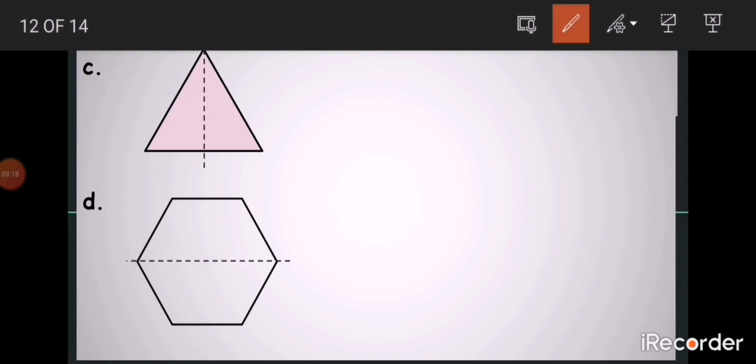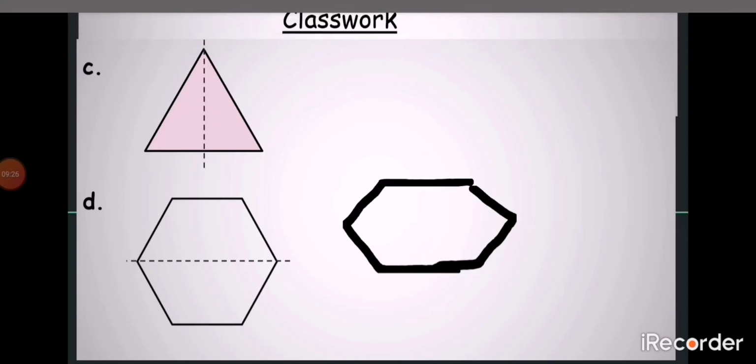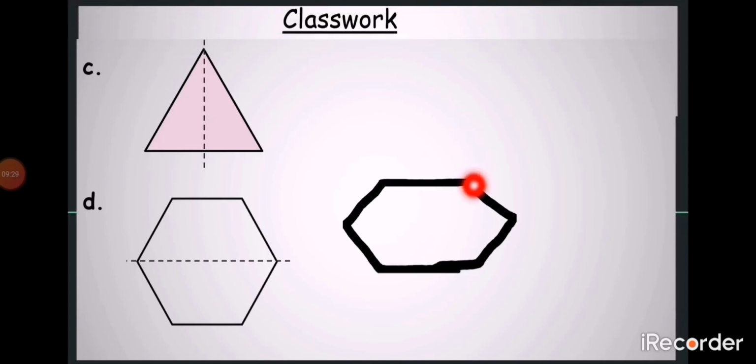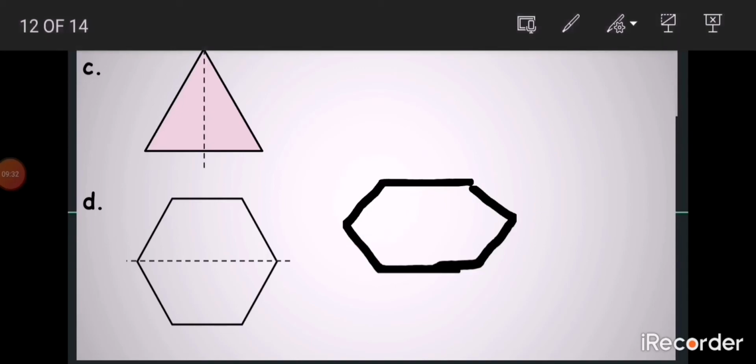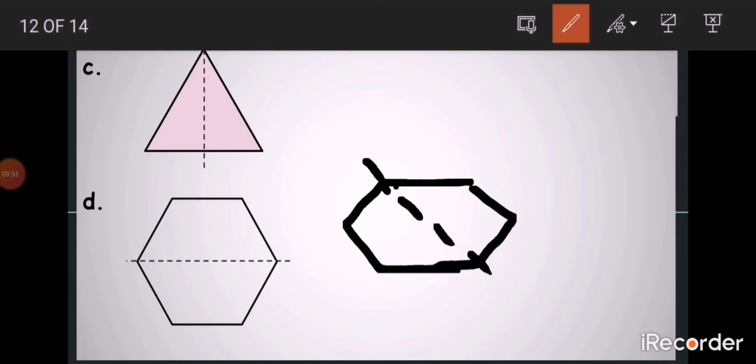Now I will draw one more hexagon here and we will try, is there any other line of symmetry here? So if we fold the hexagon from this corner to this corner, can we get the line of symmetry? Now check it. Both sides are the same. Both halves are equal. Yes. So this hexagon also has a diagonal line of symmetry. Or we can also draw a line of symmetry like that. Both diagonals give a line of symmetry.